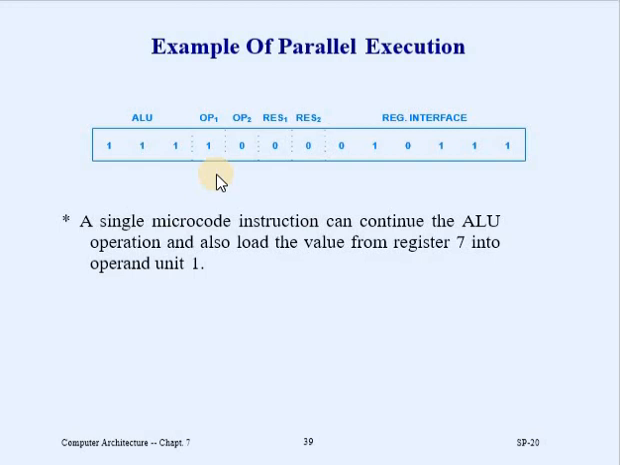So 0, 1, and after that is 0, 1, 1, 1. So it means that we are asking the register interface to put the contents of register number 7, starting from 0, on the data transfer mechanism, and simultaneously we are asking operand 1 to fetch this information and treat it as its operand 1, and similarly simultaneously we are asking